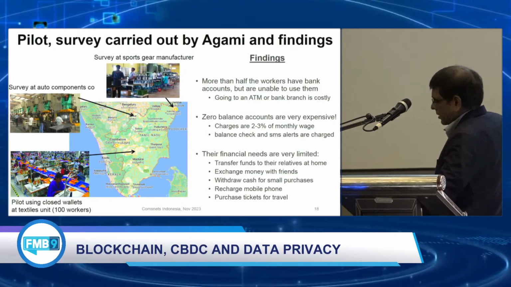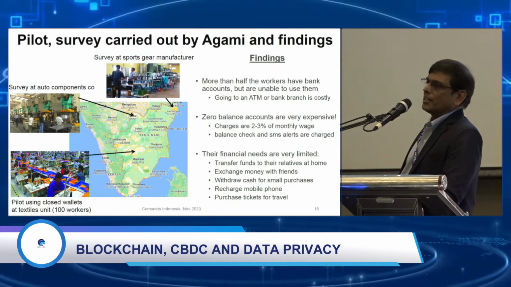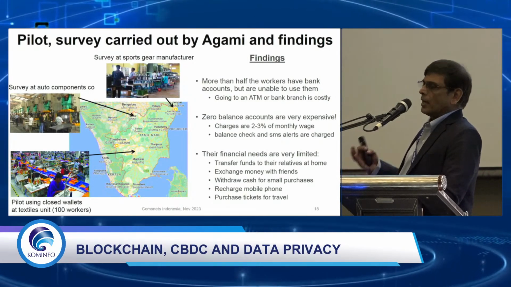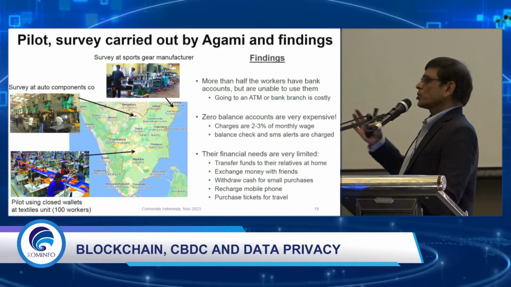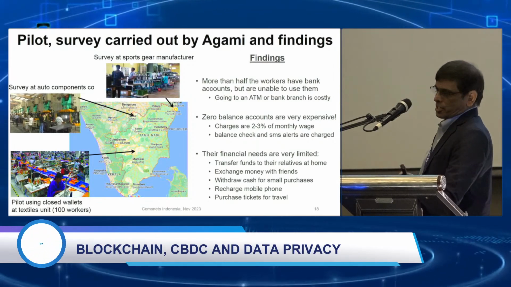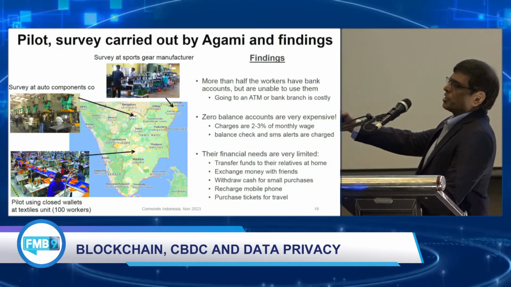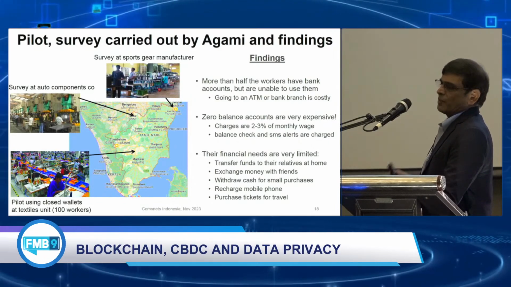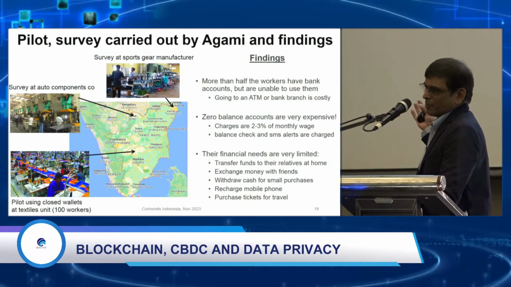We found that most of the migrant workers don't like to have the money in their bank account because withdrawing money from the bank account means going to an ATM. An ATM may not be very easily accessible near their factory location. So they have to go somewhere else to get the money, and that takes time, and it's costly. So they like their money in cash. Even if they go to the ATM, they withdraw their entire salary, whatever is deposited in the bank account, in one shot and bring it as cash, and they keep their money in cash. So the bank account is just used temporarily for 1 day, maybe, maximum.